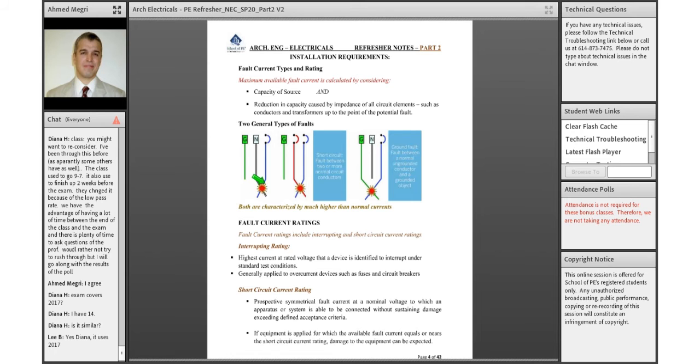You have from Ohm's law, V equals R times I. So I is equal to volts divided by resistance. Now when the resistance is very small,